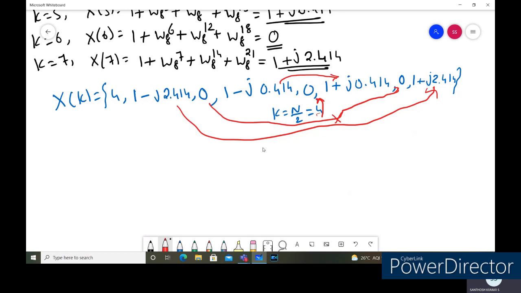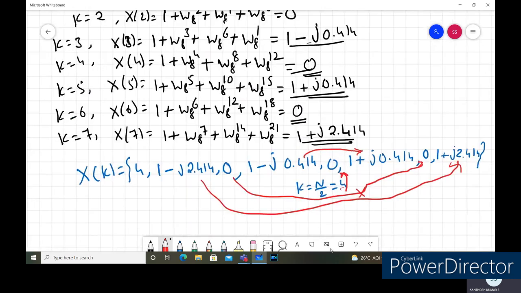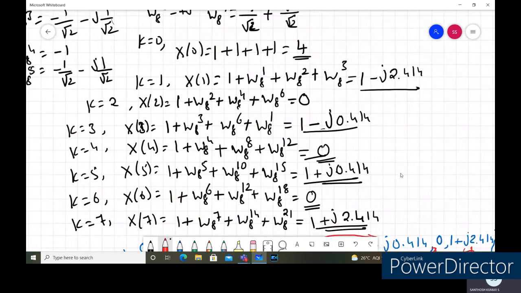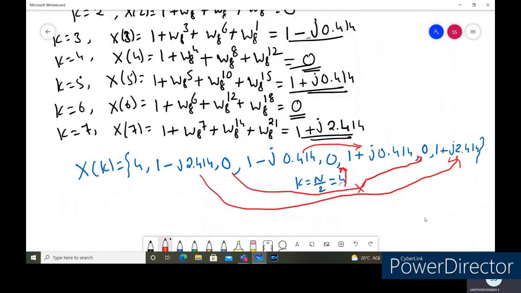So like this, we can find the DFT of any real sequence by applying the formula and by finding the values for the twiddle factor. So in the next session, we'll see how to find the IDFT of the sequences, and we'll take some problems and let